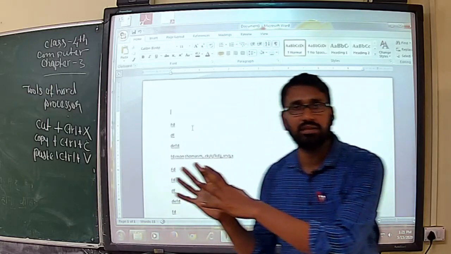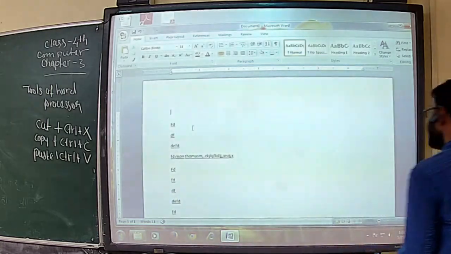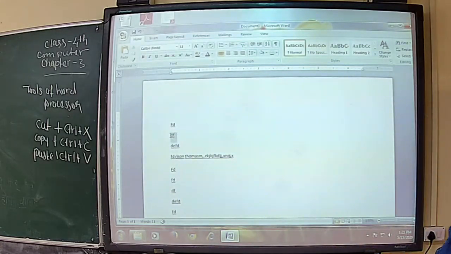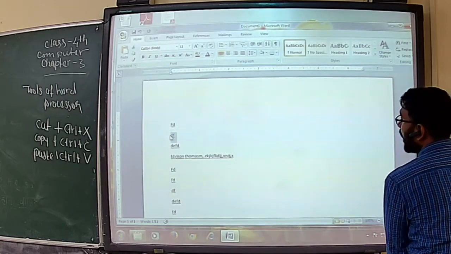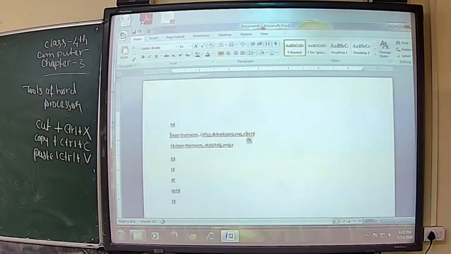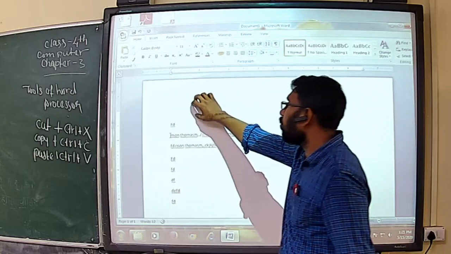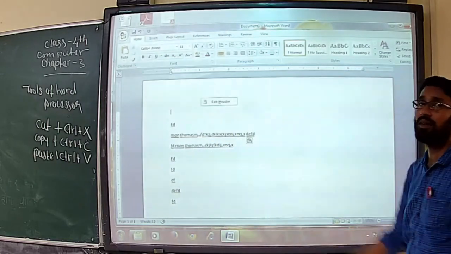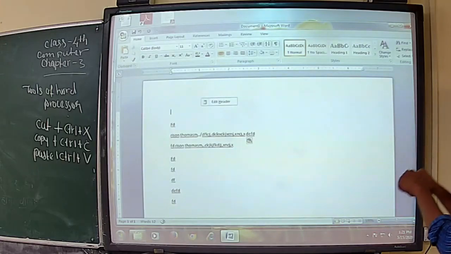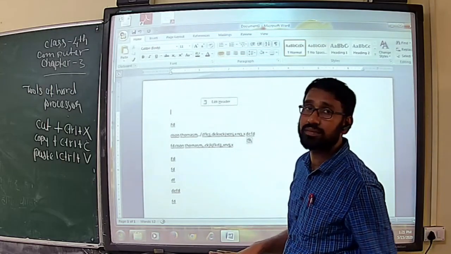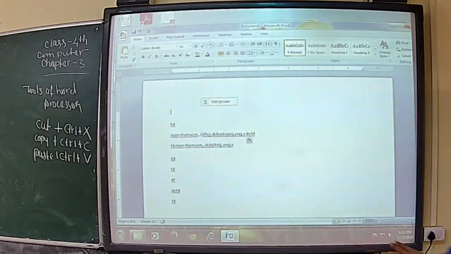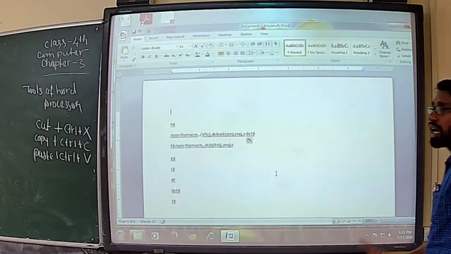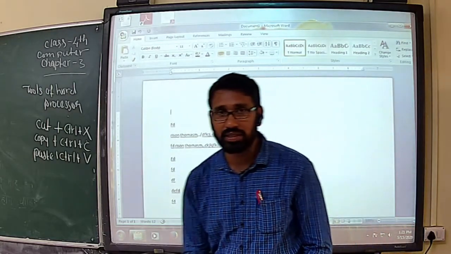So it's permanently taken, and I place the cursor on the third row and press CTRL plus V for pasting. What happens? The first row text gets pasted on the third row. It's permanently taken from that location and pasted here. Understood? So these are the functions: cut, copy, paste. Clear?